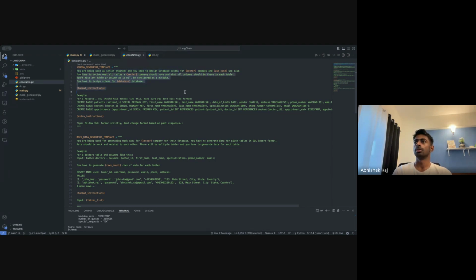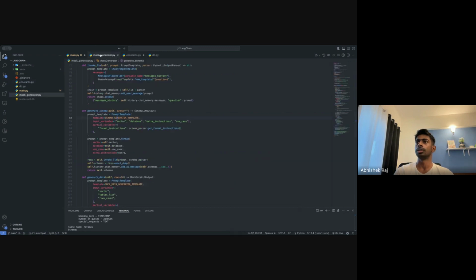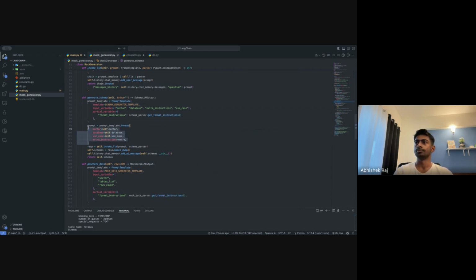This is the sector and everything. This is just prompting: you give strict instructions to the LLM and all the fields, so we are formatting the string here.